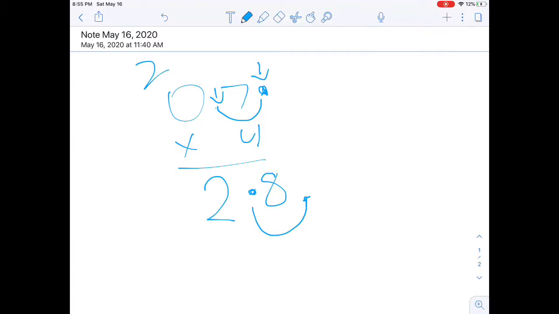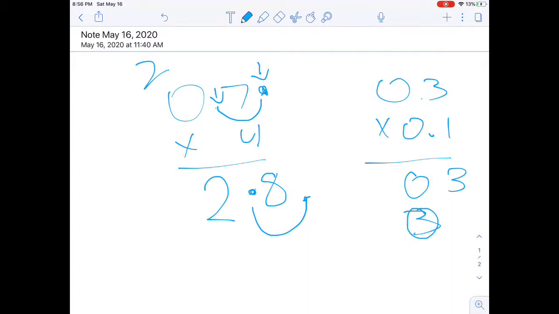Now, why don't we do a decimal with another decimal? So, for example, 0.3 times 0.1. Well, 1 times 3 is 3. 1 times 0 is 0. No, 0 times 3 is 0. 0 times 0 is 0. So you eventually get